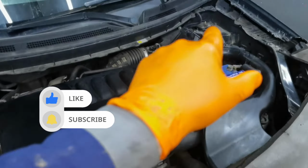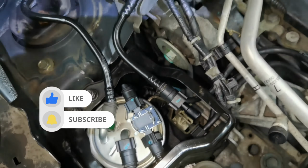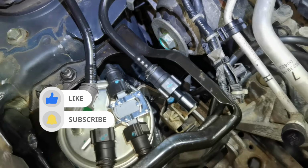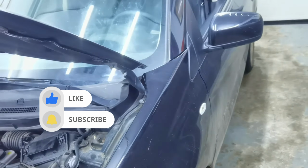Alright everybody, so as also I replaced the air filter, the oil filter and the fuel filter, and from here I only have to replace the pollen filter, which is installed into the vehicle on the driver's side, and I'm going to show you right now how to replace it and how to install a brand new one